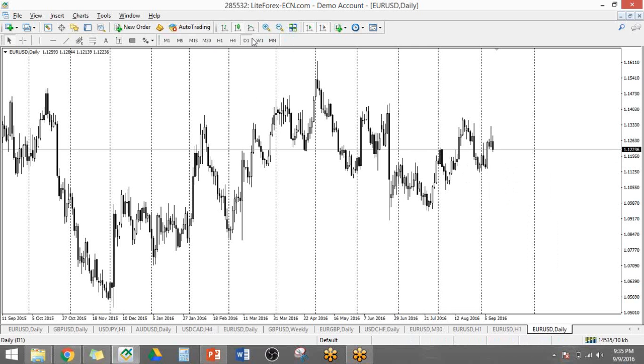So if you change these time frames, it also changes how much time your candlesticks actually measure. So you have M1, M5, M15, M30, hourly, 4 hours, daily, weekly, and then monthly.